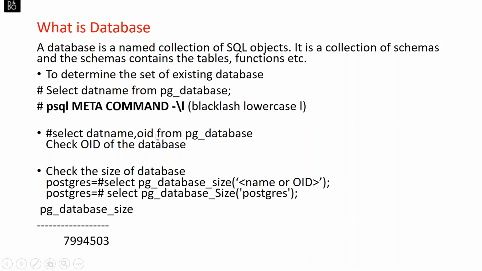Now, to check the OID of a database, OID meaning object identifier, the object identifier of the database identifies the directory name in the pg_default directory. We checked that in the tablespace, where we had three databases. One was 1, another was 1345, something like this, and another with some other name. In the same way, each database has an OID, the object identifier. You can check it from the table pg_database. To check the size of the database, you have the function select pg_database_size. I think it gives the size in megabytes. You can check the database size from this as well.